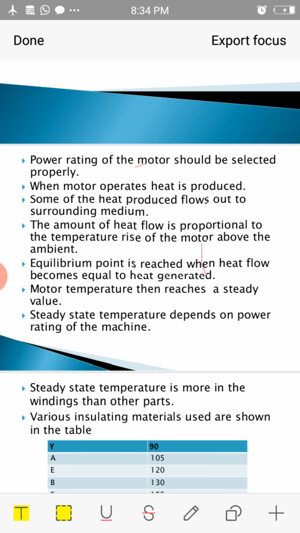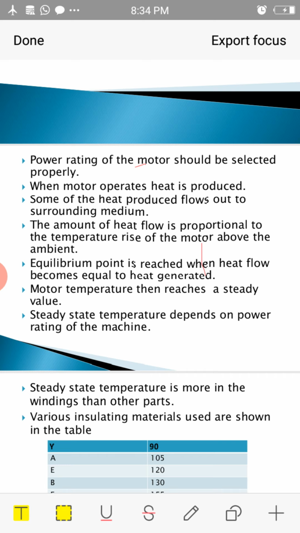If we consider some application and it requires a motor of proper rating, assume that instead of using a proper rating, we have selected a motor which is under rated. Then this is going to give trouble repeatedly, continuously. The machine is going to overload, and because of that it is going to trip if a protection circuit is provided. Otherwise, because of that overloading, temperature rise will increase, and that is going to damage the insulations and the motor.